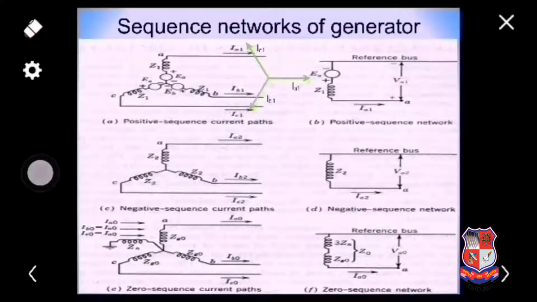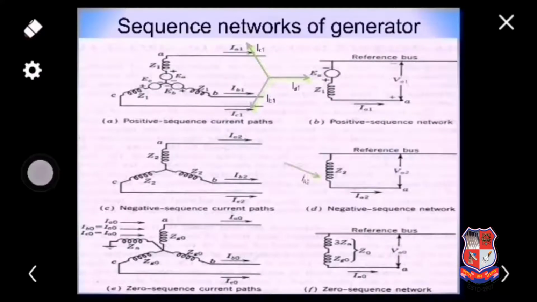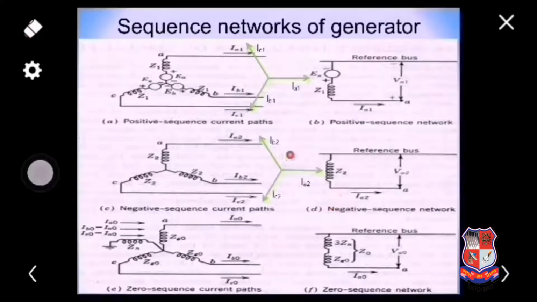Negative sequence won't have any source. Why? Because machines are not designed to generate the negative sequence naturally. And here we can see that the phasors IA2, IB2 and IC2 will be in the anti-clockwise direction. Zero sequence network phasors are co-phasal, and mind well, zero sequence current can only flow if the neutral is grounded directly or via some Zn or impedance or resistance or reactance depending on the type of the grounding system, and that Zn will be reflected as a 3Zn in zero sequence network representation. It is also not having any kind of active source.